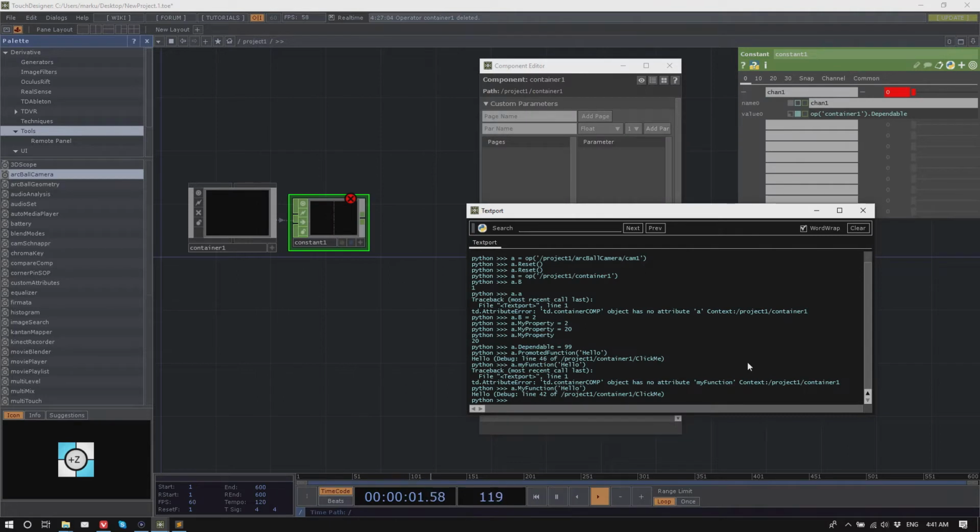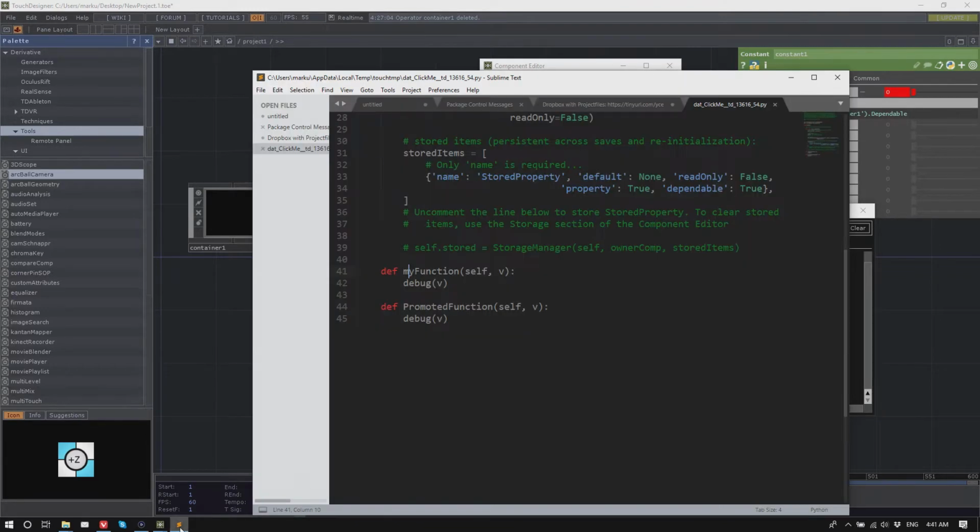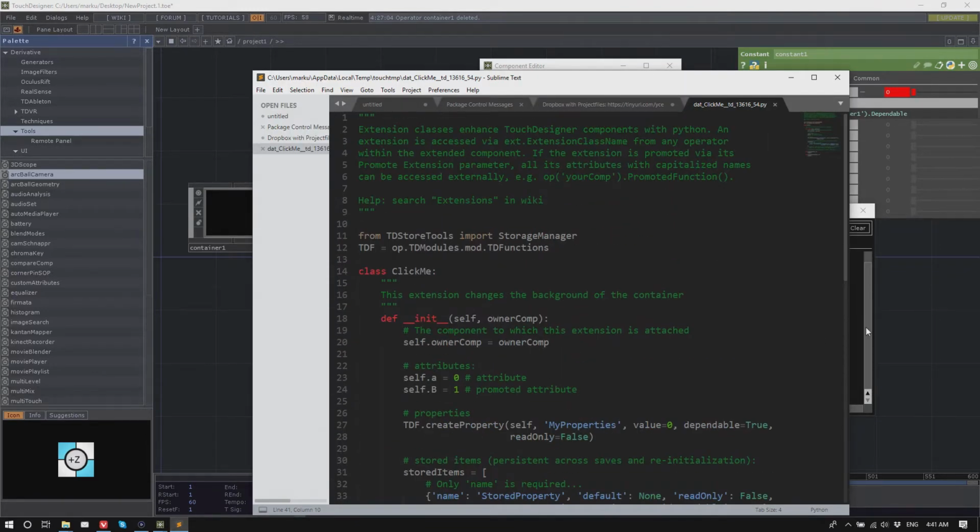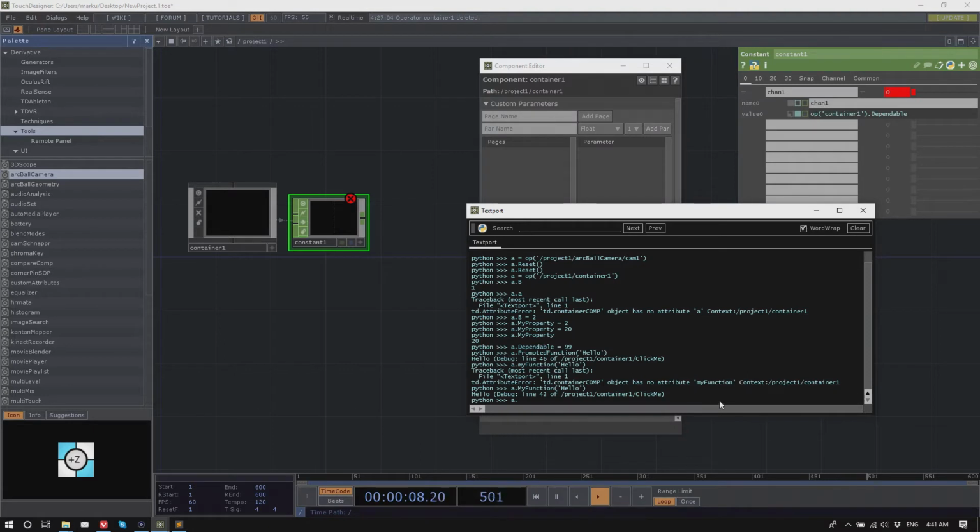You can still call these functions, but you have to do, I always forget, a dot, I guess the extension name, a dot ext dot click me dot my function here.